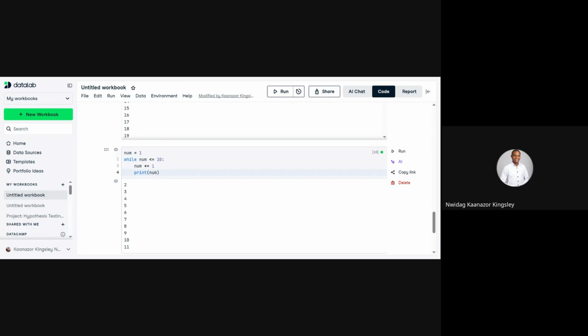But you may ask, what's the difference between the while and for loop? That's one of the questions you may ask, because they still do the same thing, but the applications are different, right? The applications are different, and they are the major difference between